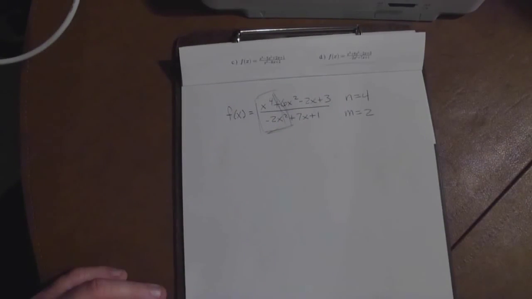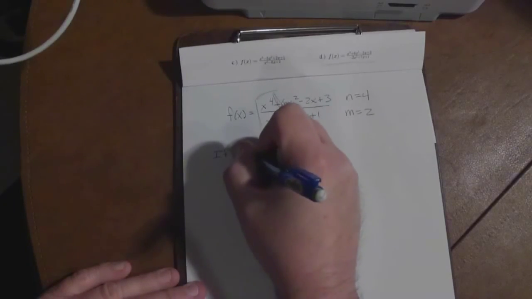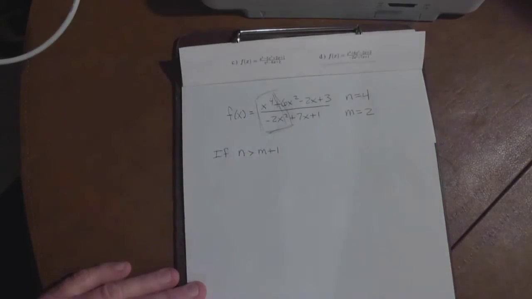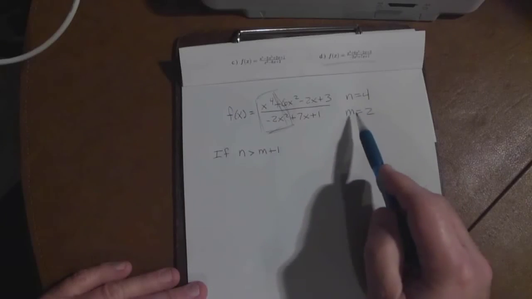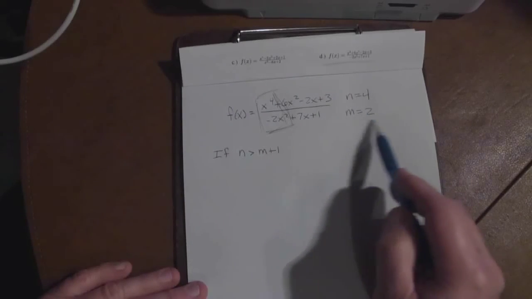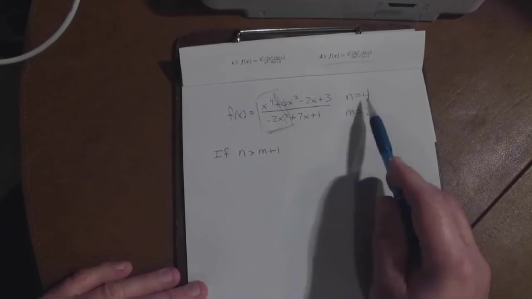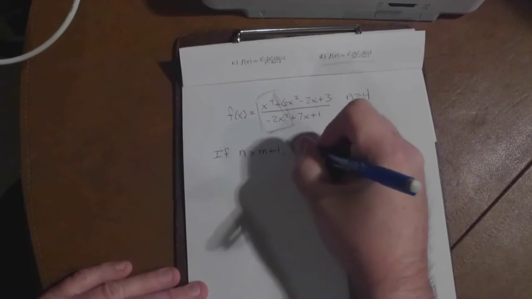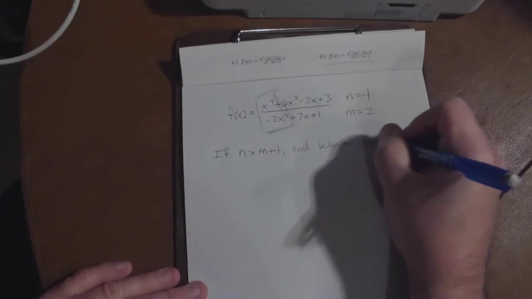And if it's now the case where n is bigger than 1 more than m, which is what we see here, n is 4, and that is bigger than 1 more than m being 2. 1 more than m being 2 is 3, and n is bigger than that. So that is this scenario. If this is the case, end behavior is described by